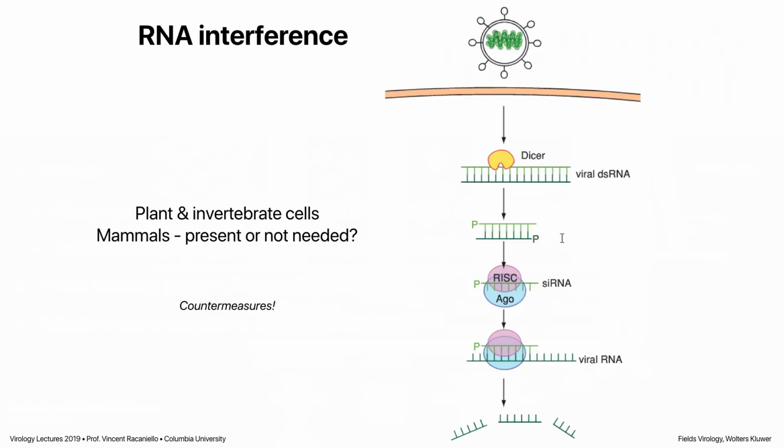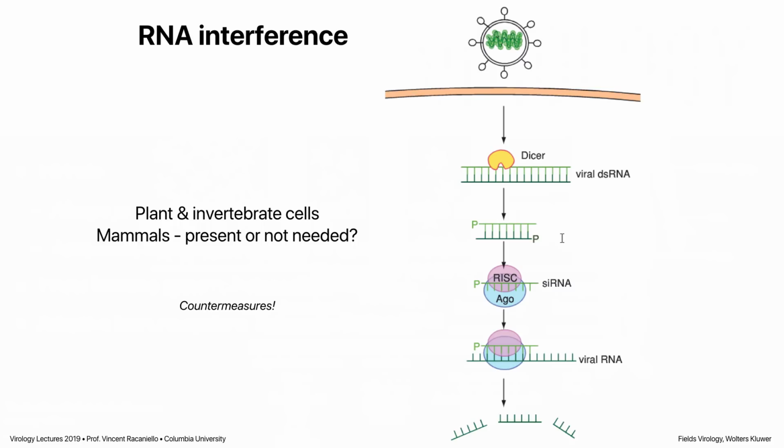And then one strand of that duplex, again, this is part of the viral RNA genome, it's been chopped up. One strand becomes part of, or binds to, the RISC complex, the RNA-induced silencing complex, and this contains a number of different proteins, including